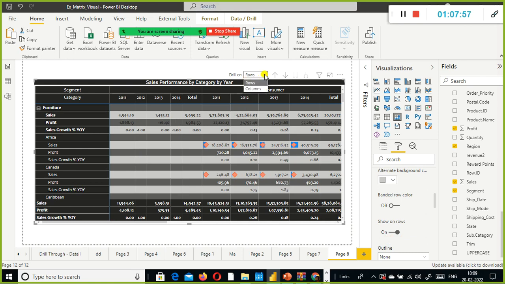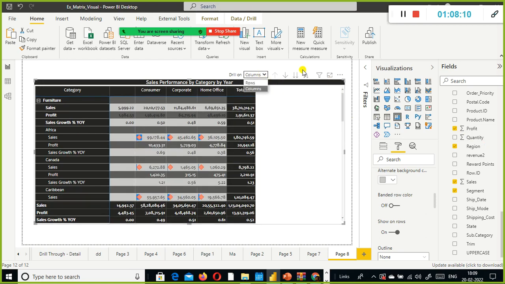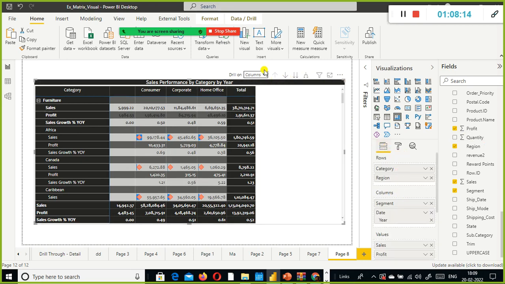And drill on, look here, if I select columns and do drill up, we are currently in drill up mode. I just did the drill up at the column level from year to segment. Now the segment is visible, year is not visible.